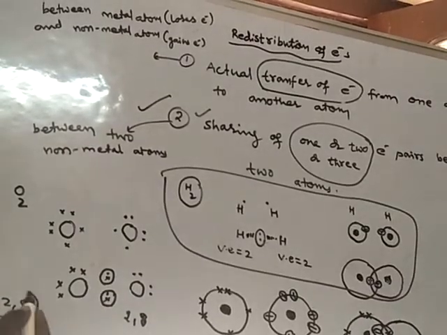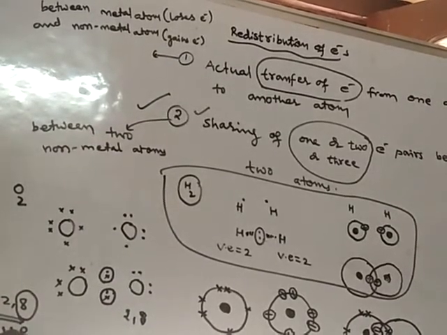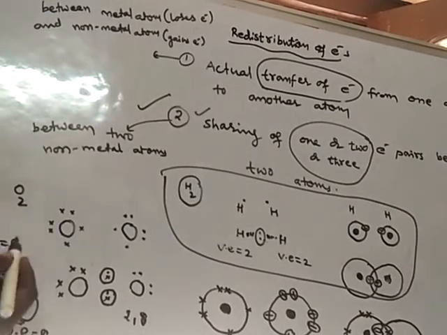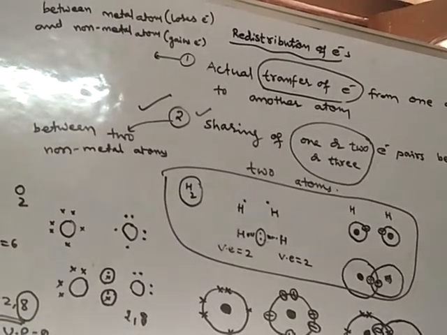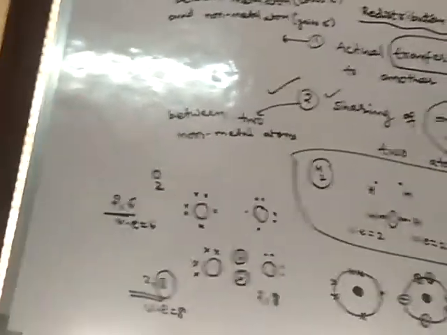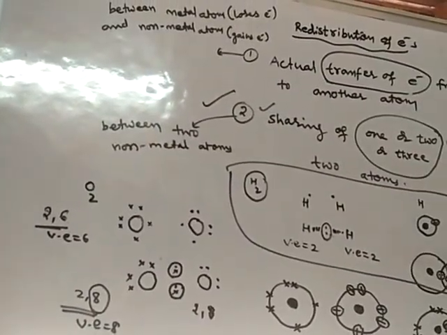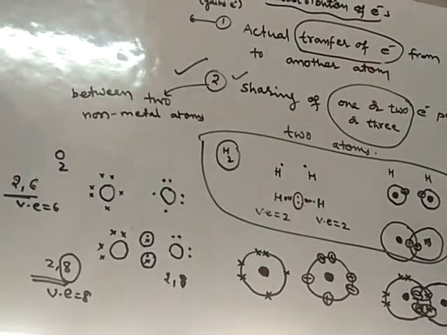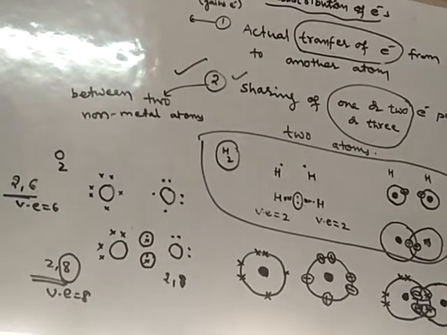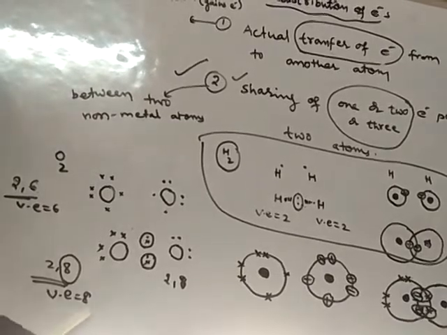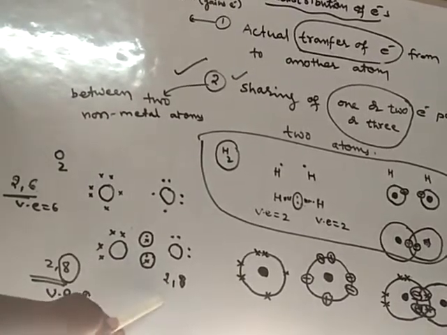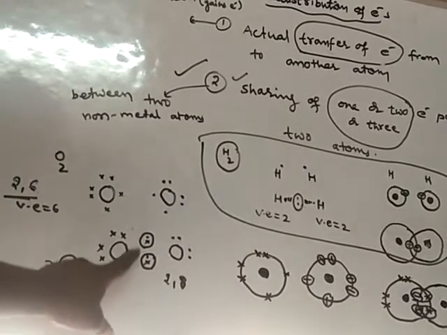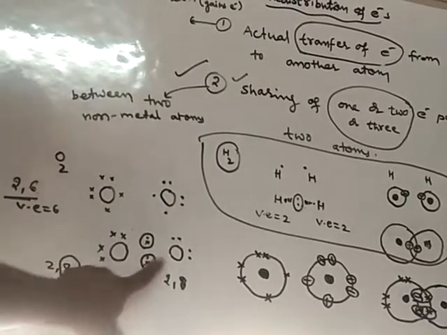So now the valence electrons have become 8. Before that, valence electrons were 6 only. So as a result of this, what happened? Both the oxygen atoms have got 8 electrons, this oxygen atom and this oxygen. So how did they get 8 electrons in the valence shell? Because these two pairs of electrons are shared by both the atoms.